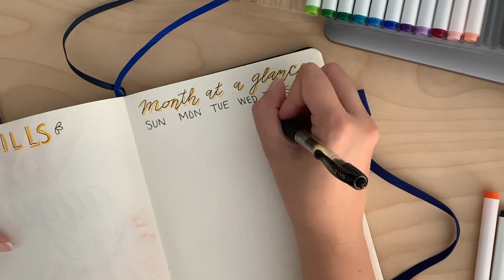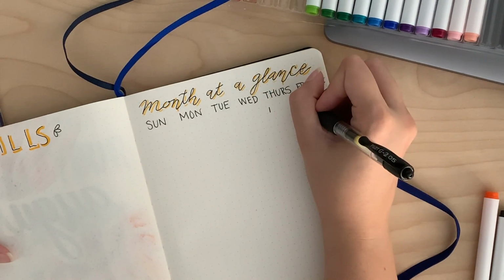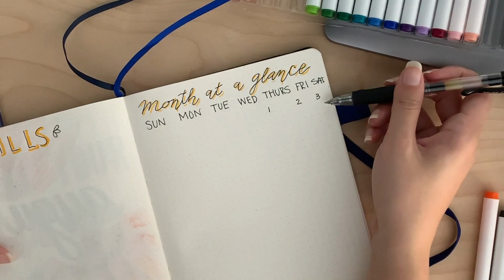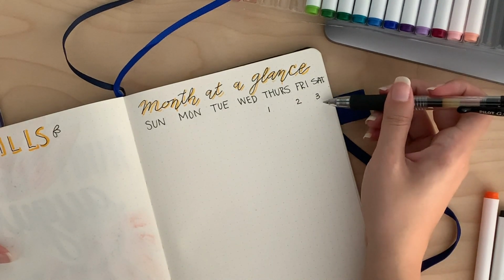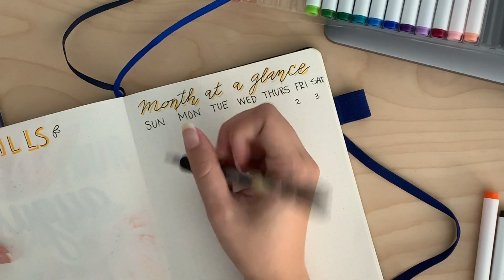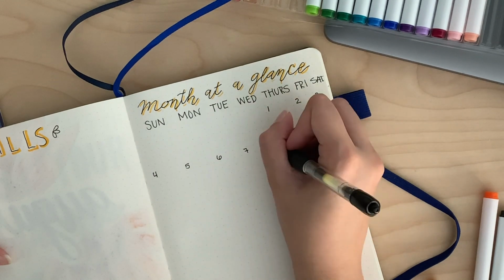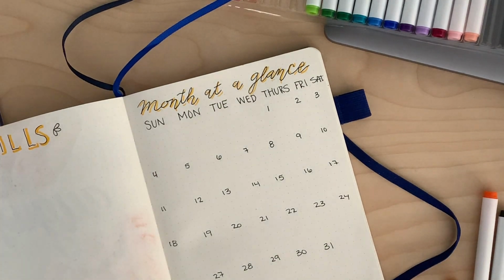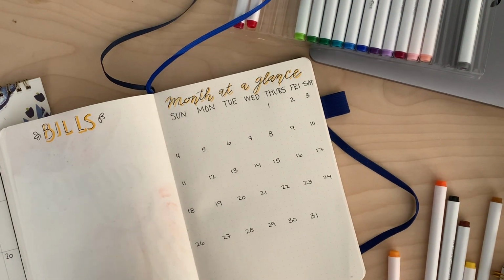Okay, so we're just going to start. I think what we said, the first is on Thursday, so in just one block, I'm going to do 1, that was going to be rough, 2, 3, hopefully I never have things going on Saturday. I think I want to go down 1, 2, 3, 4 on the 5th dot down, so 1, 2, 4, 5. Cool. So there's just that month at a glance,